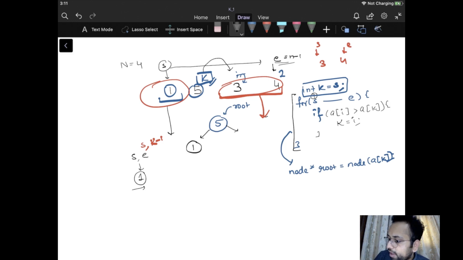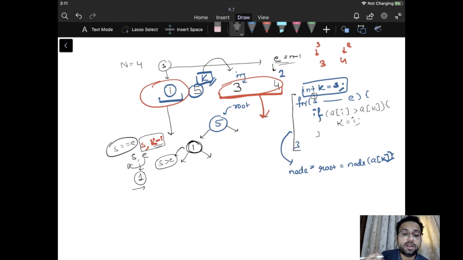Now, once we have found the maximum value, it doesn't matter if I go towards left or towards right, because in this case start was equal to end, as they were pointing to the same node. If I go towards the left side, we update the end value. So the start will have a value greater than end because they were equal to each other, and I have updated the value of end by decreasing it by 1. So this is going to give us the wrong answer because k was equal to start or k was equal to end in this case.